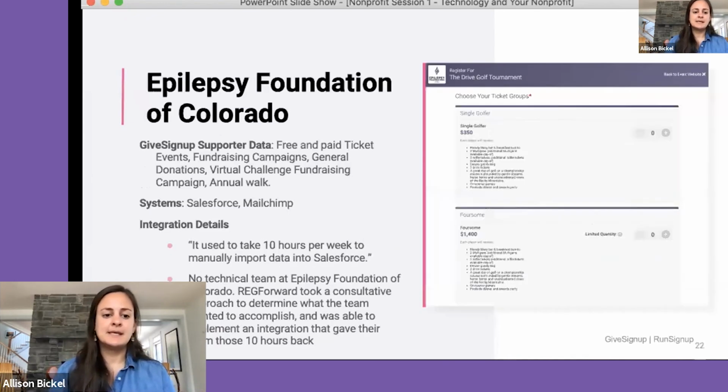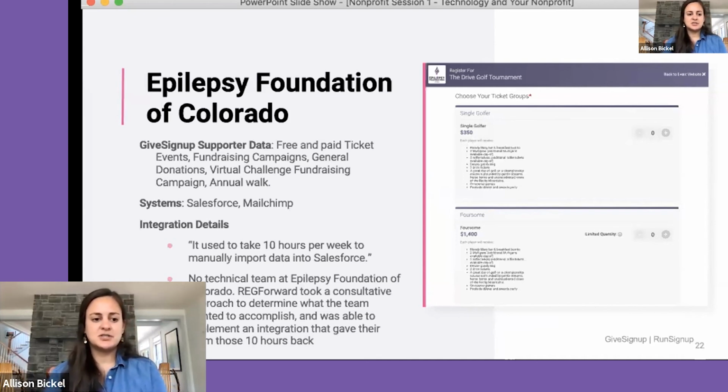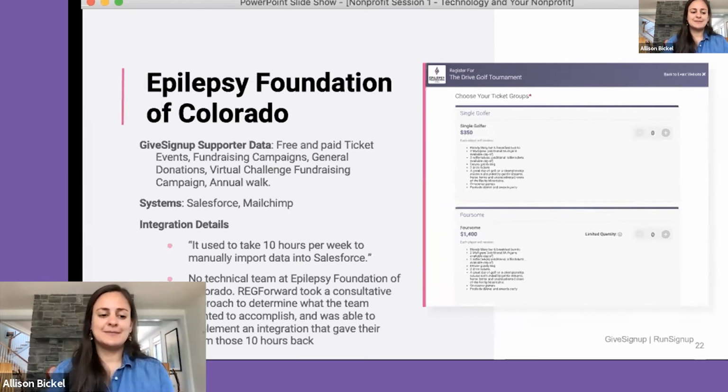And finally, Epilepsy Foundation of Colorado is using GiveSignup for a number of different tickets and fundraisings and general donations and virtual and in-person run, walk, rides throughout the year. And they're using both Salesforce and MailChimp. I like this quote of, well, I don't love it, but they're just using so many different events on